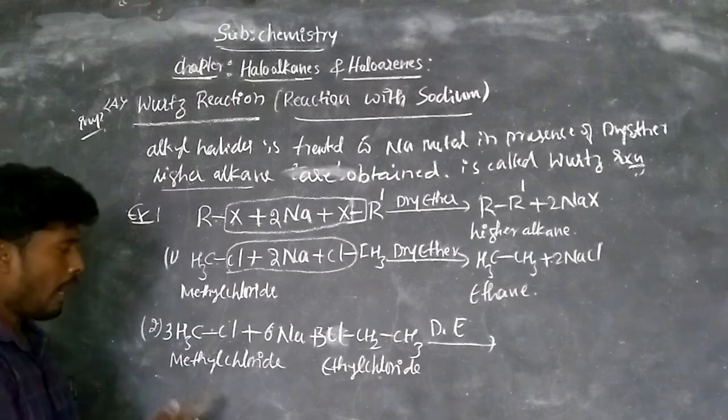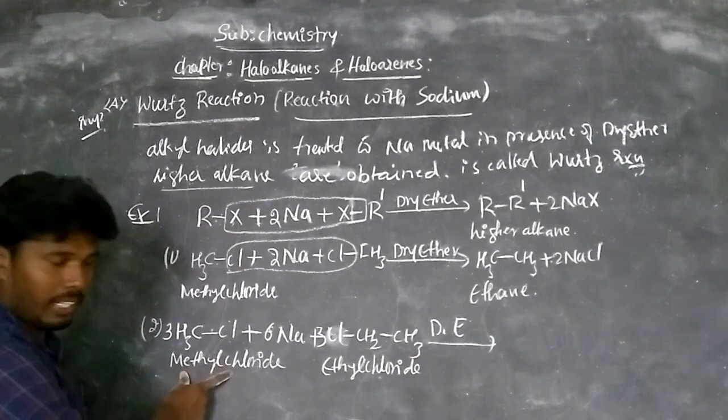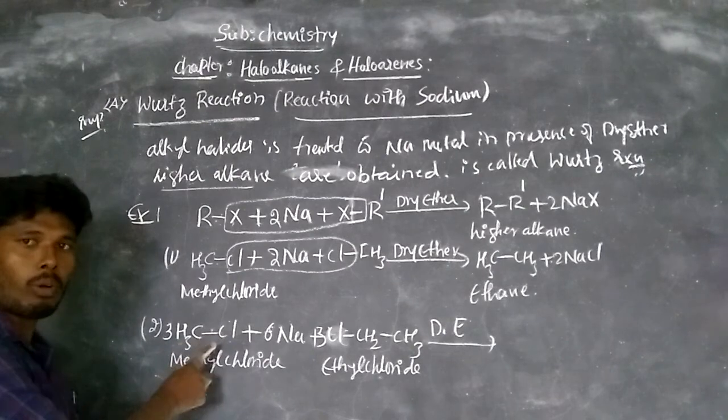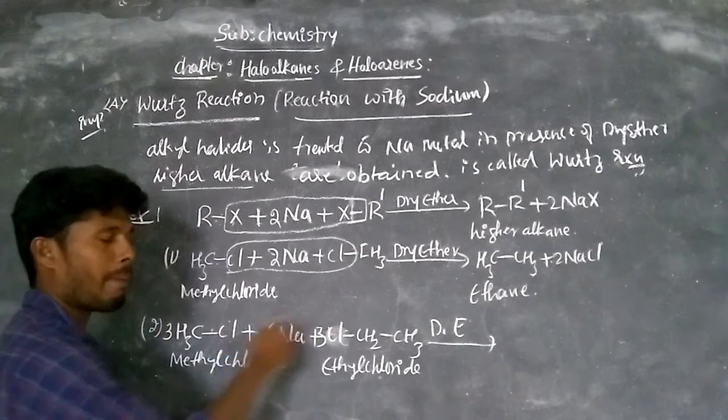So observe, in the beginning 2 equivalents of methyl chloride react in the presence of sodium and dry ether, like that. So what you get,